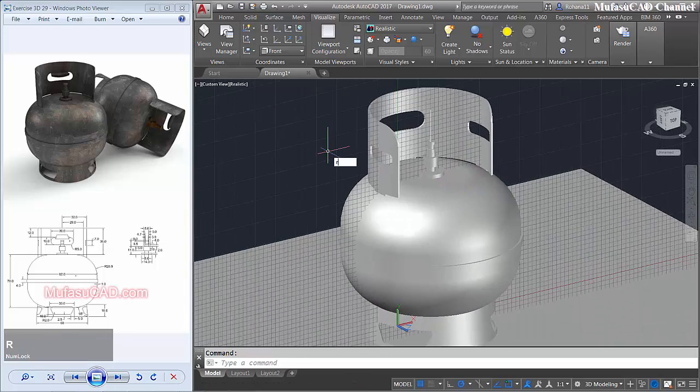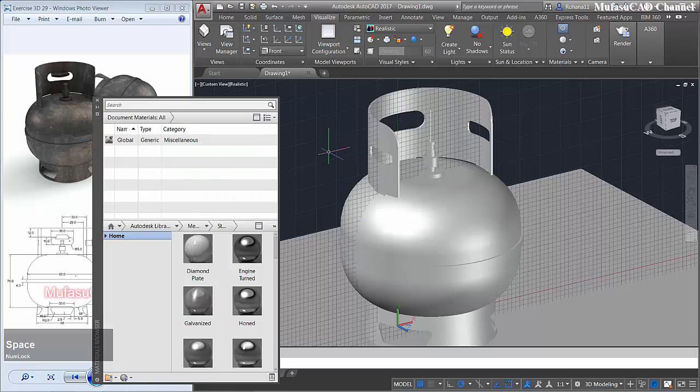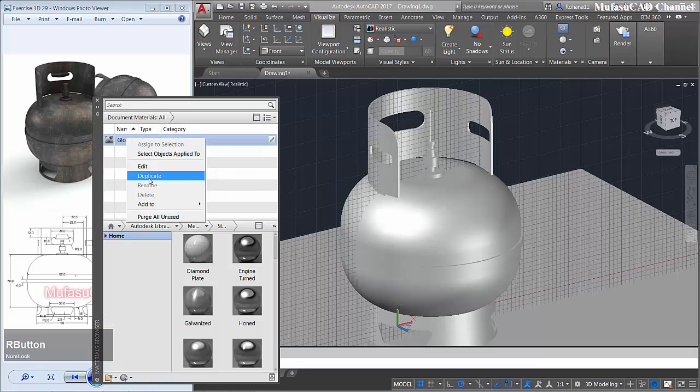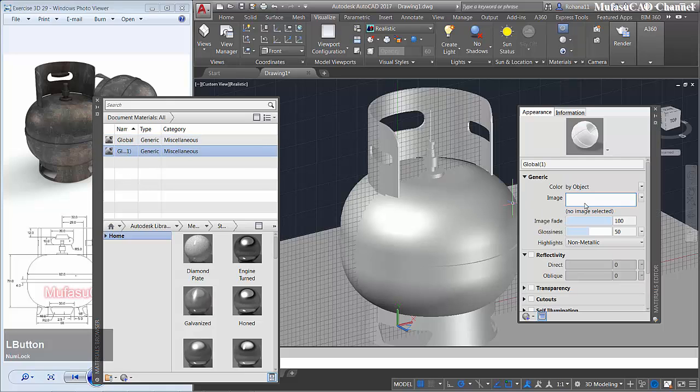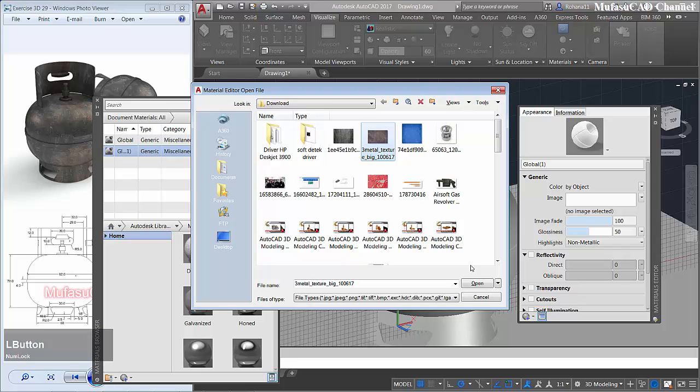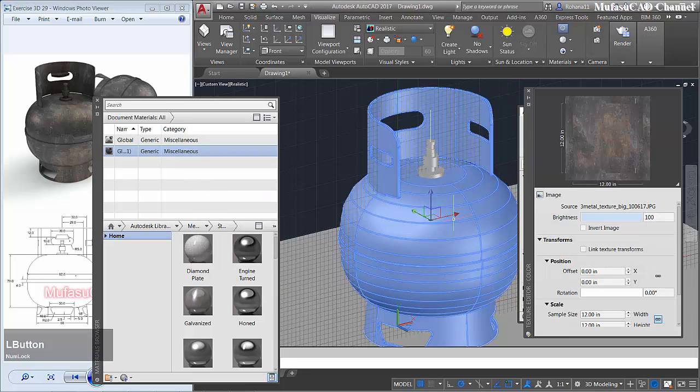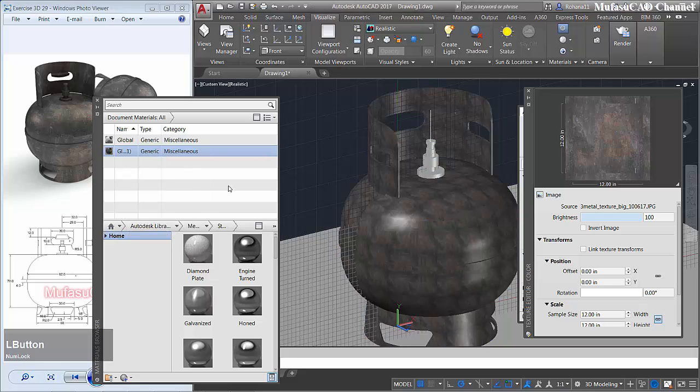You can type AdjustMaterials to open the material browser. Right click in global and duplicate. Click this material twice and choose image. I will use this image. You can apply it to this object. Right click and assign to selection. Okay, I will change the sample size here to 0.5.